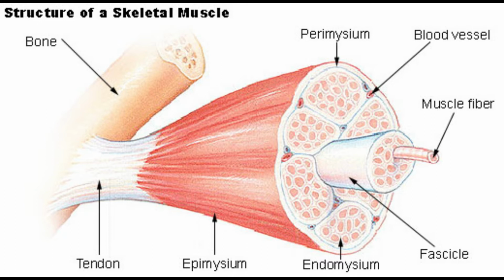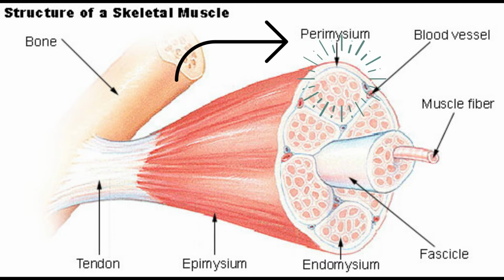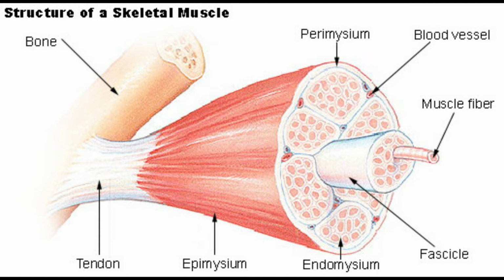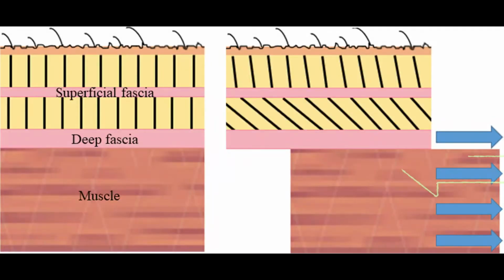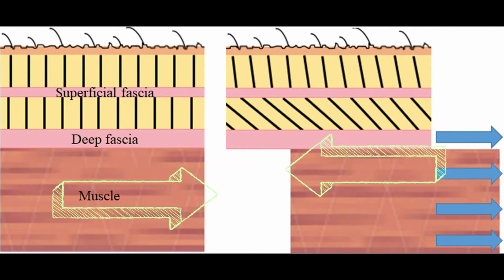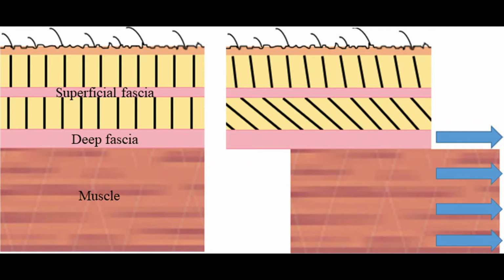Internally, a single individual muscle fiber also has a connective tissue layer surrounding it, which is called the endomysium. And a layer of connective tissue, that is a fascia, covering the fasciculi, that is the bundles of individual muscle fibers, is the perimysium layer. All these epimysium, endomysium and perimysium are connective tissue, that is a fascia, which helps the muscle and its individual fibers to glide and slide against each other smoothly.